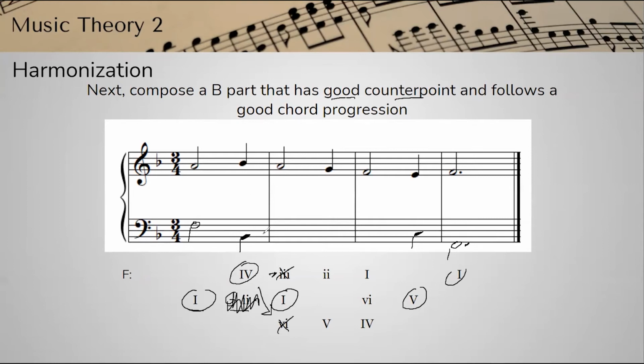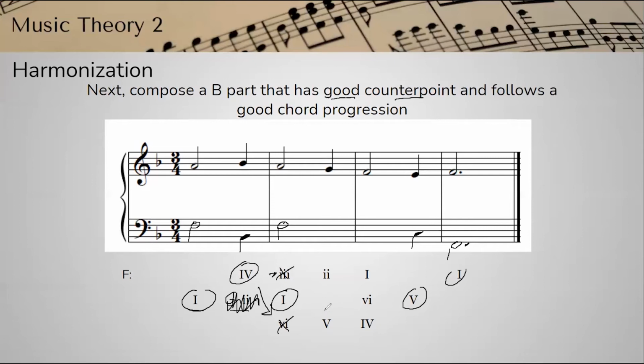So we want to create contrary motion. So we'll go back upwards to the F and end up on that F there. Okay, so far we have this bass line. Okay, sounds bassy. Now, in this next chord here, we can either choose the 2 chord or the 5 chord,